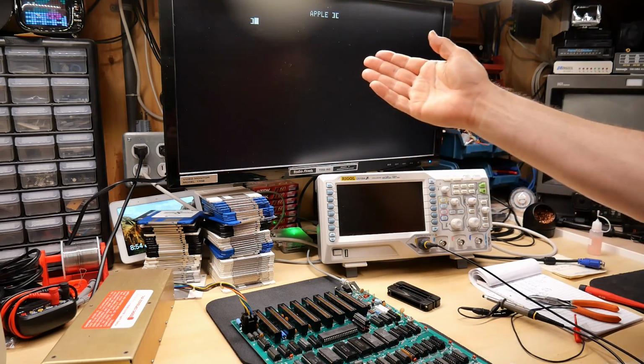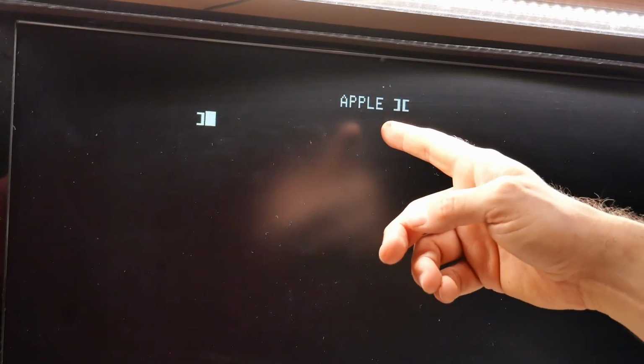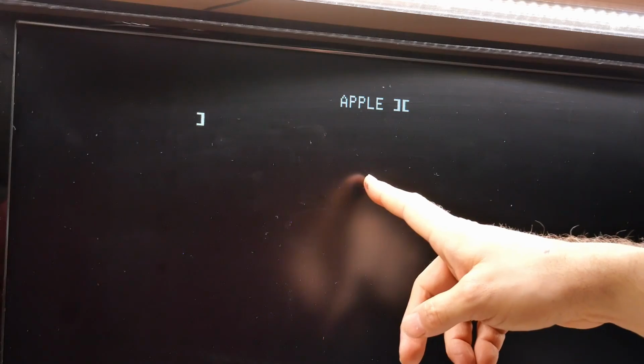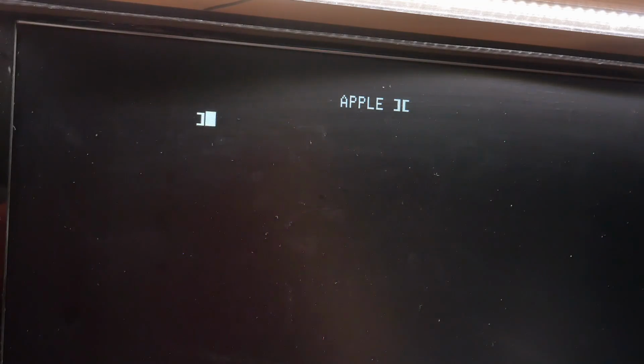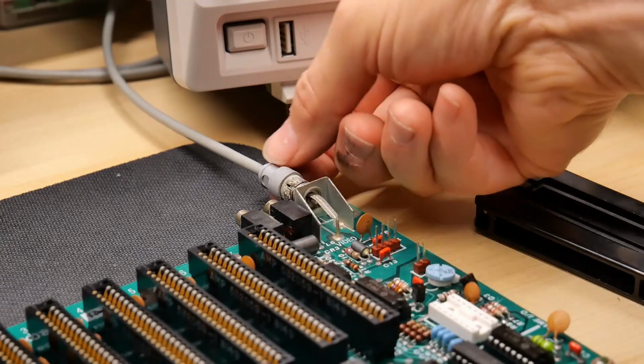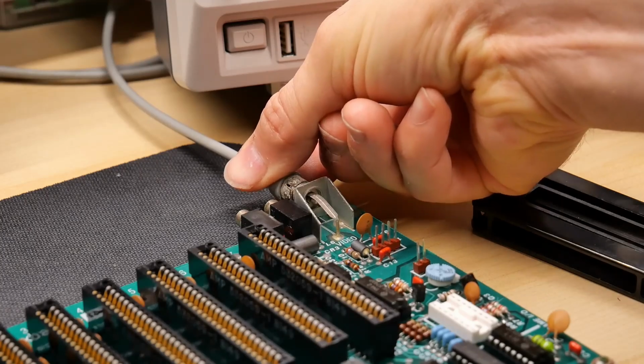Oh, look at that! Would you look at the sweet, sweet Apple II logo? Oh, that worked. How cool. Okay, I'm excited. Uh-oh, what happened? Picture just went away. Okay, I think I have a problem on here where, yep, when I turn this, it